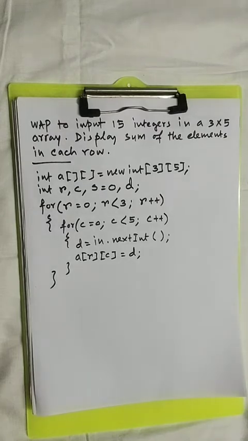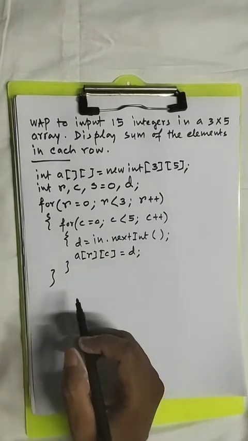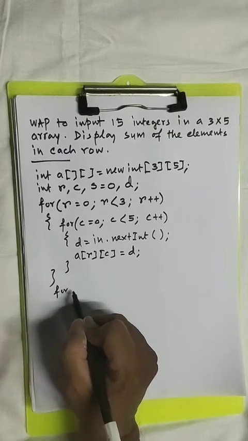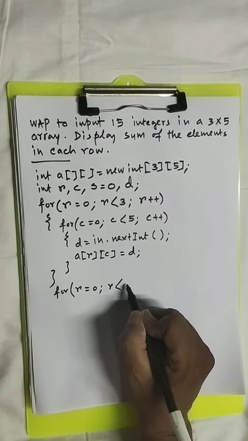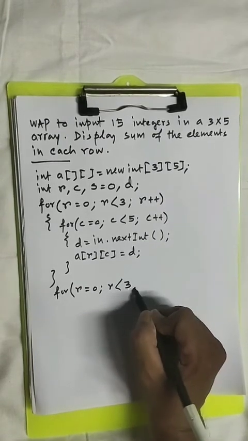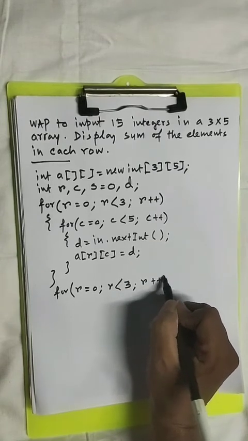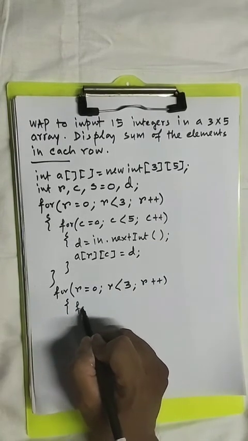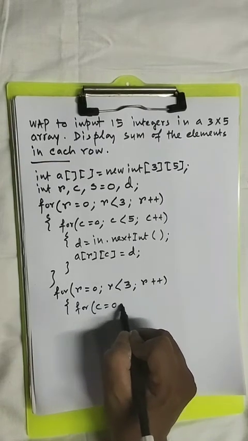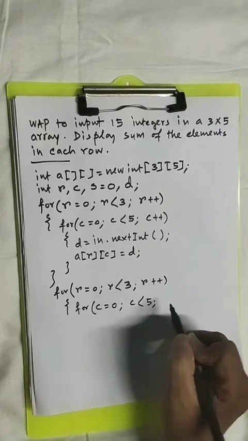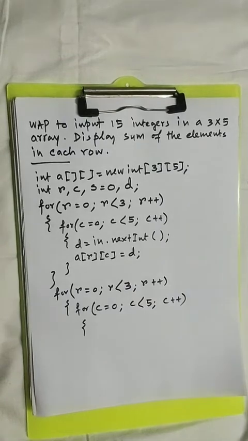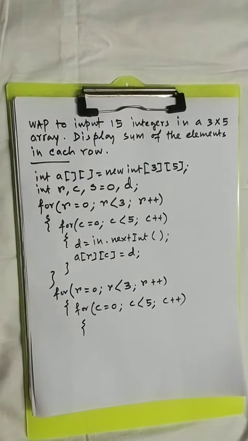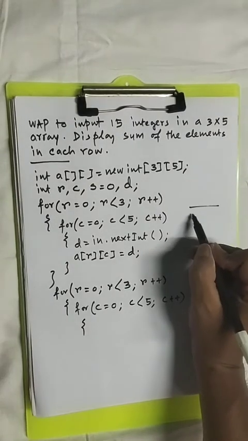Now what we will do, we will calculate sum of the elements in the rows. Again we need for loop. For r equal to 0, r less than 3, r plus plus. Then for c equal to 0, c less than 5, c plus plus. Created. Now when we have such one array with 3 rows and 5 columns,